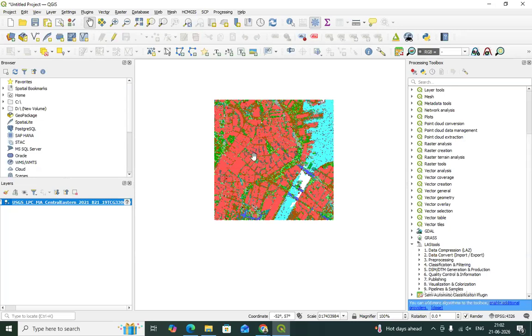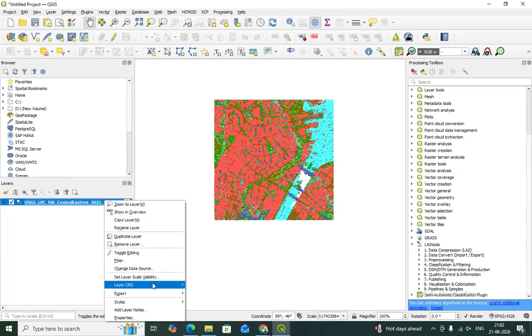Although XYZ information is there, it does not know the CRS. So to set the CRS, right click on the layer, and I am selecting EPSG 4326 because I know this data is from USA, nearby Washington city.